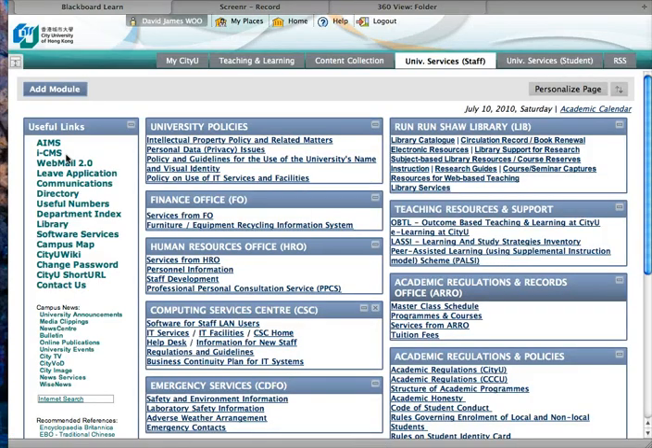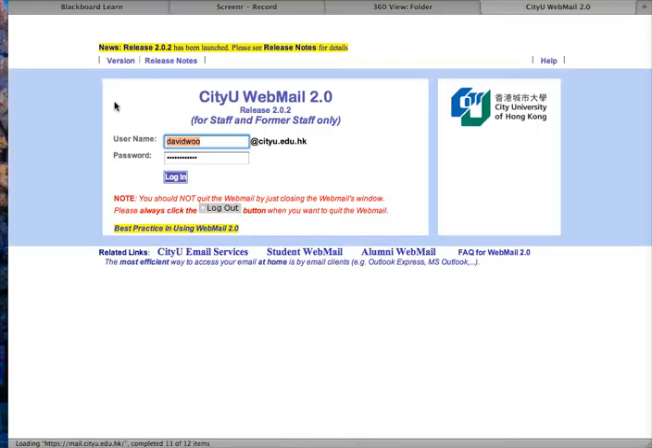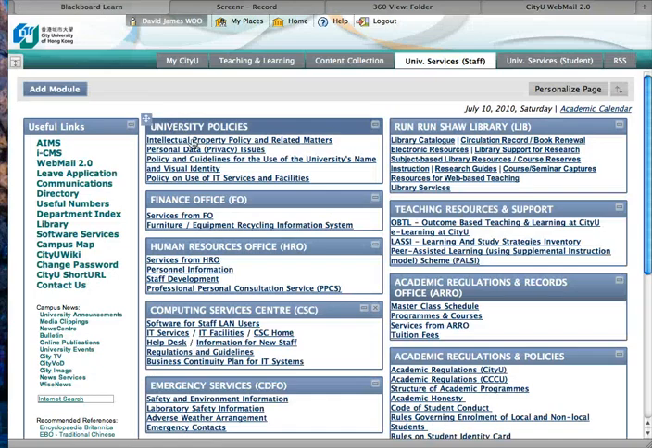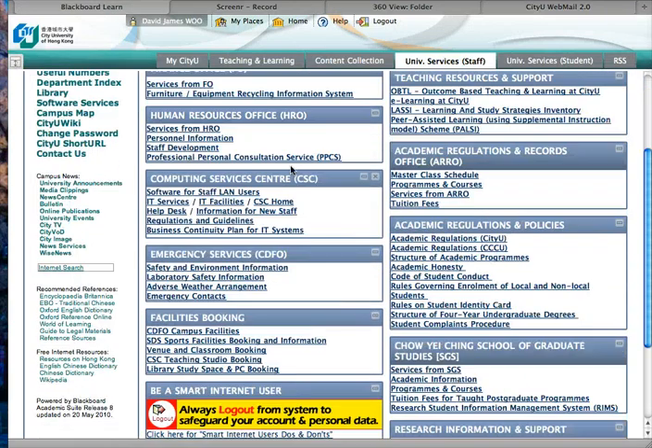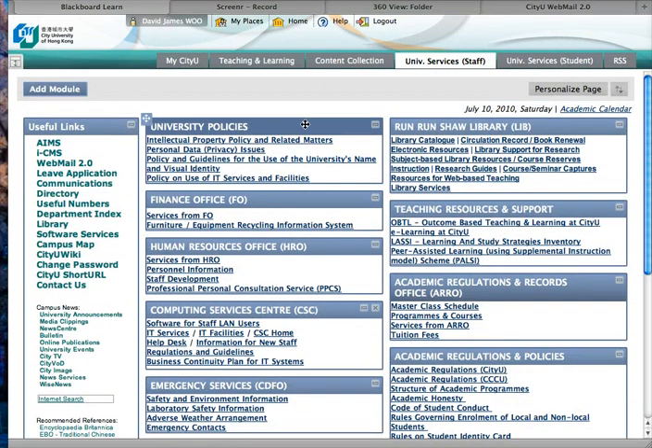AIMS and ICMS do not load here. Let's see if webmail does. Oh, it does. Great. So the new IT coordinator has his work cut out